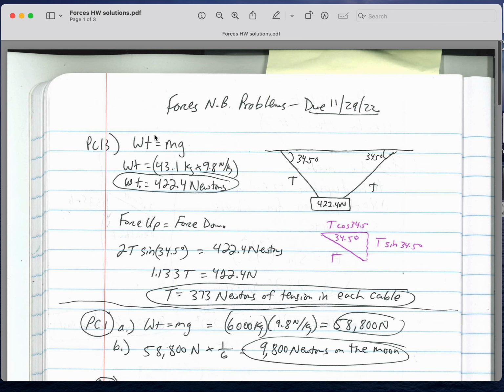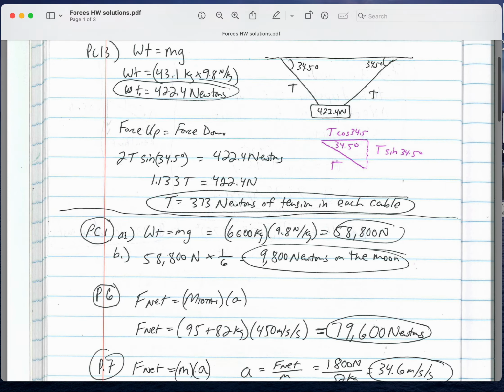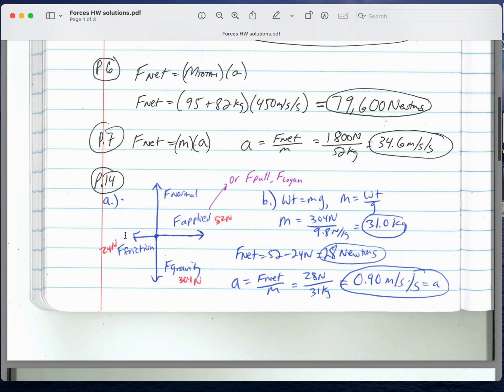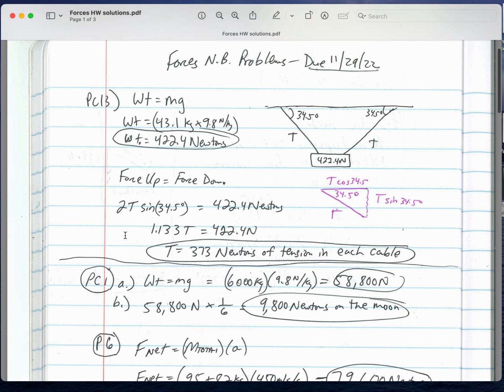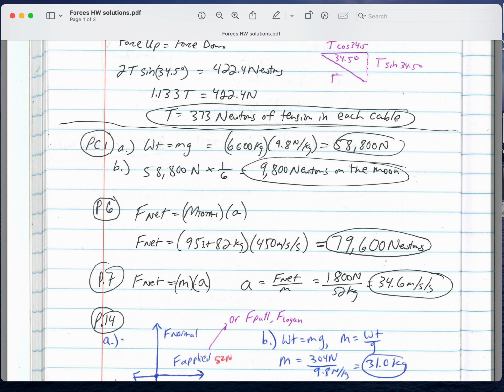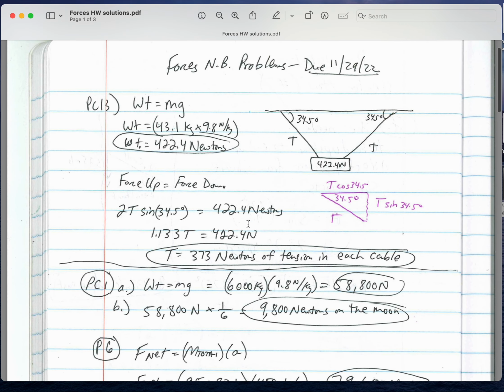This first problem, the reason they're numbered the way they are is they're out of the Physics Classroom, so I guess I put them PC. I'll also let you know what sections they were out of. I did modify a few problems, but most of them are almost identical. This one I think I modified because it was weird. The rocket and the person had a mass of 82 kilograms. I just thought that was weird. At any rate, so for this